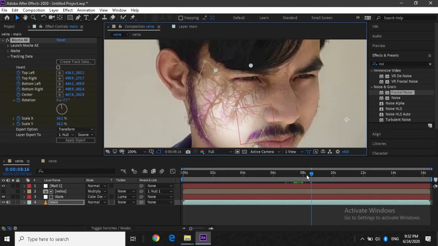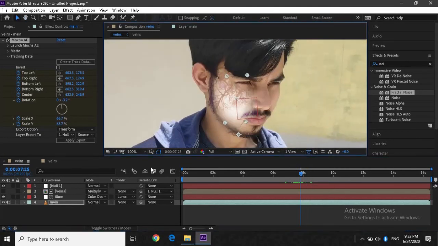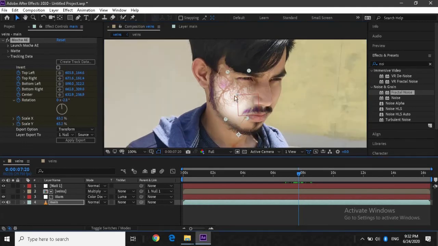Look at it, it looks great. When the first time I was successful in doing this, I was so happy when this worked. And the problem over here is that there is a lot of white portion.